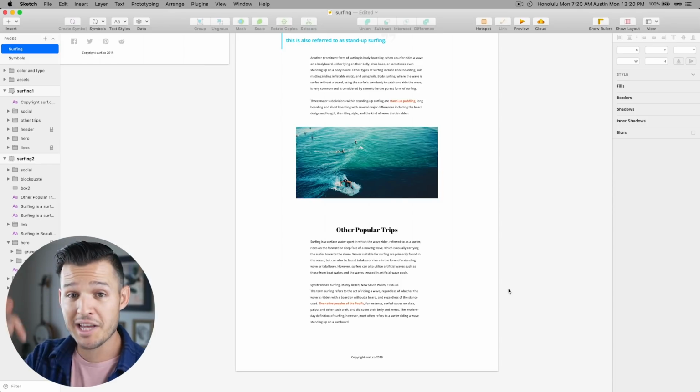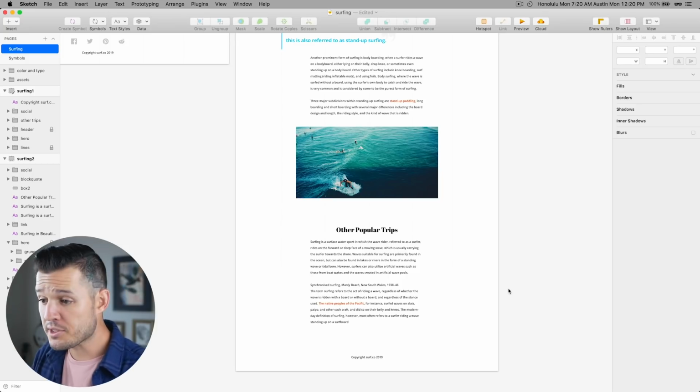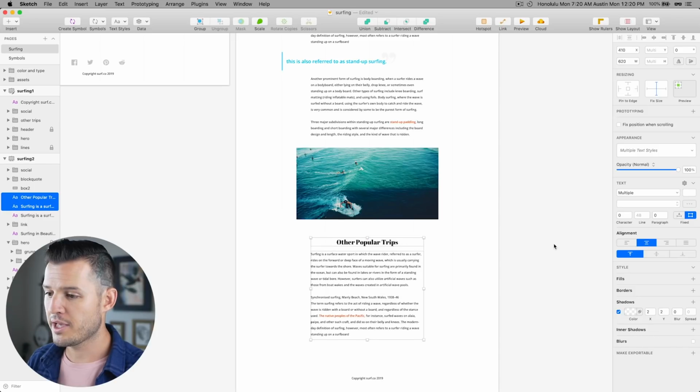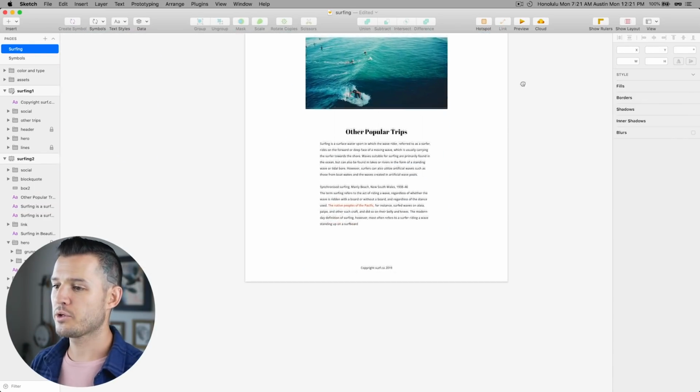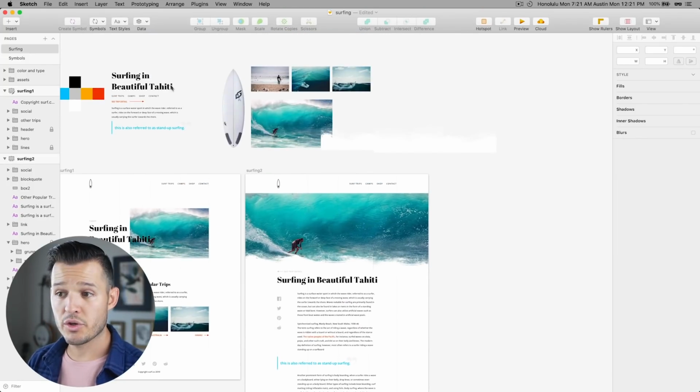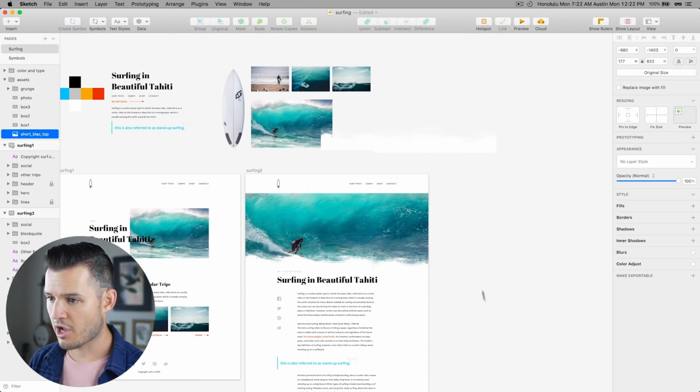Let me know what you think down in the comments. What's the right kind of move here? Personally, I don't mind this. I think the spacing could get worked just a little bit, and I feel like that looks like a really nice, fluid, coherent article. All right, last thing that we didn't use is our surfboard, so let's just copy that